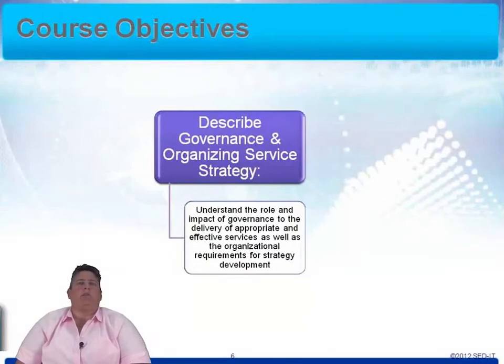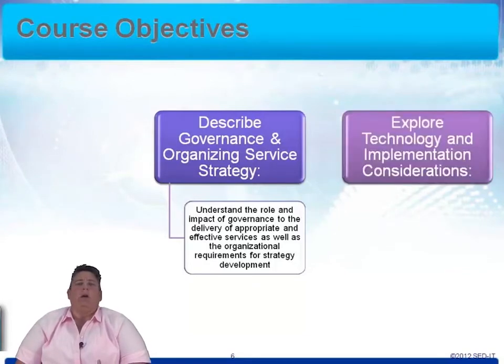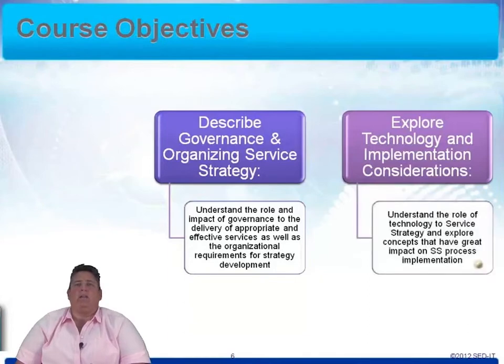Another objective will be to describe the governance and the organizing of service strategy. We'll need to understand the role and the impact of governance on the delivery of appropriate and effective services, as well as the organizational requirements for service strategy. We'll explore the technology and implementation considerations within the strategy lifecycle phase, to ensure that we understand the role of technology to service strategy and explore the concepts that have great impact on the service strategy